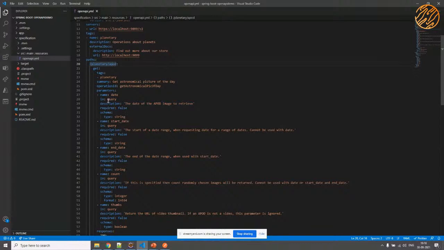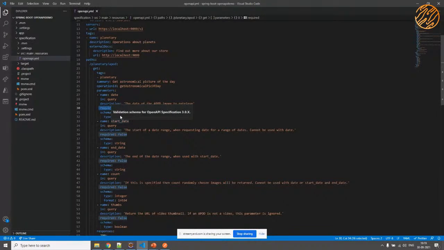This is where you can actually start defining your parameters. So let's say, for example, you have a parameter called date. This is where you can specify whether it would be part of the URL parameters, or part of the query parameter, like part of the request itself. That is one thing that you can specify. You can also specify whether it's required or not, in addition to the data types and all those things.